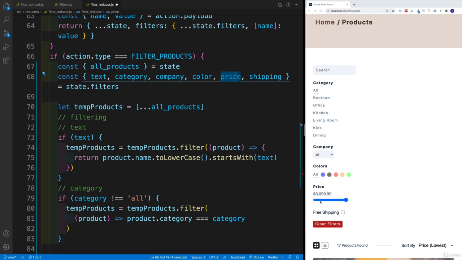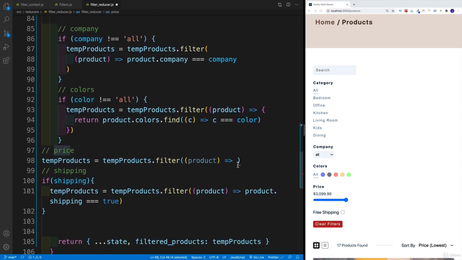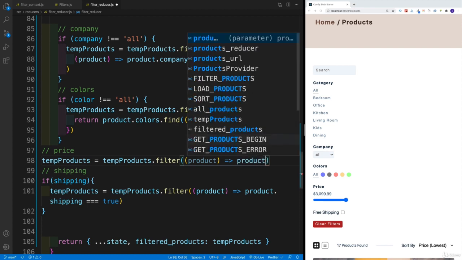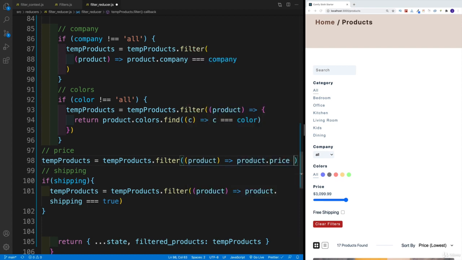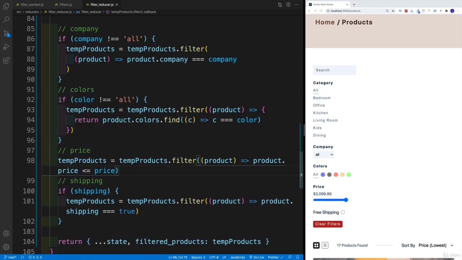So as I'm going to be changing this value, I'm going to be checking for the price property in all the products. And then if the price is less, then I would want to return those products. If not, then they will be excluded from the array. Product price property less or equals to my current price.